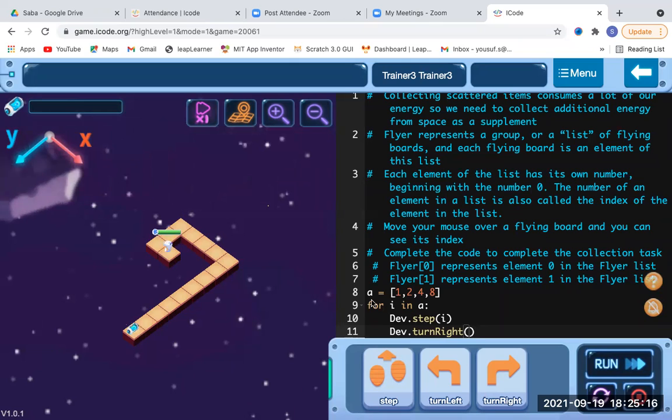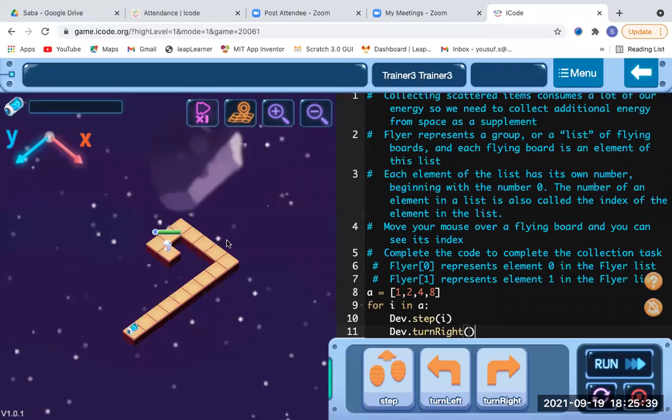A is what we have taken as a flyer, and in that flyer we have given a list. That list completely depends upon the steps, as I told you: however many steps he'll take, accordingly it should work. One step forward, we have taken one. Then again he should turn right and take 2 steps, I have given 2 over here.